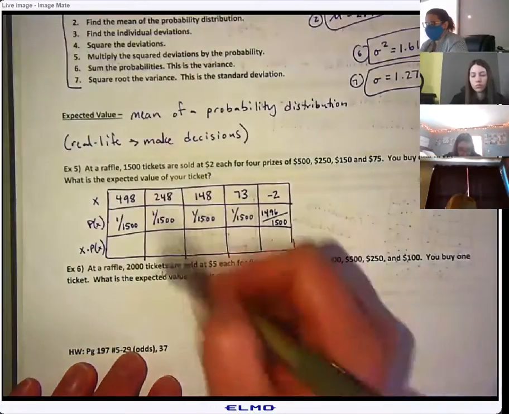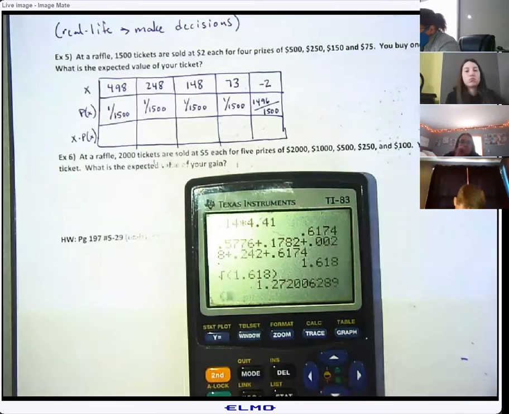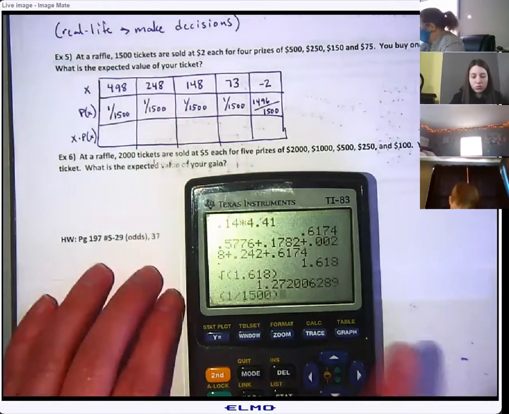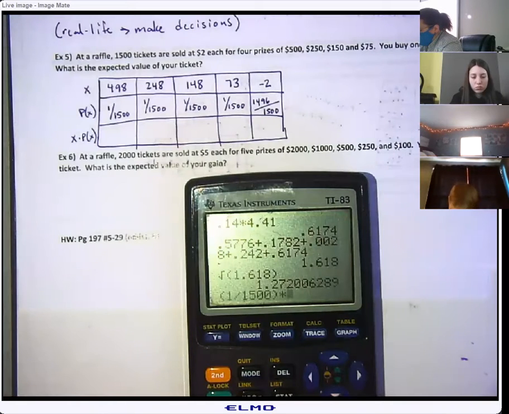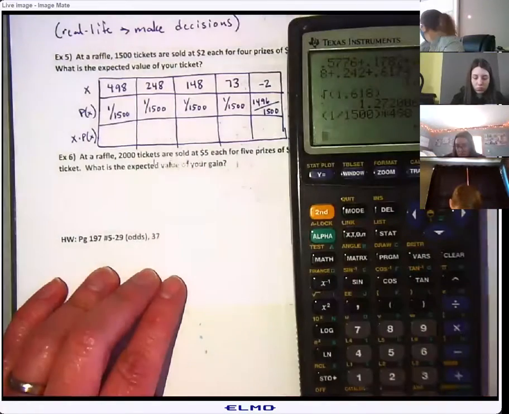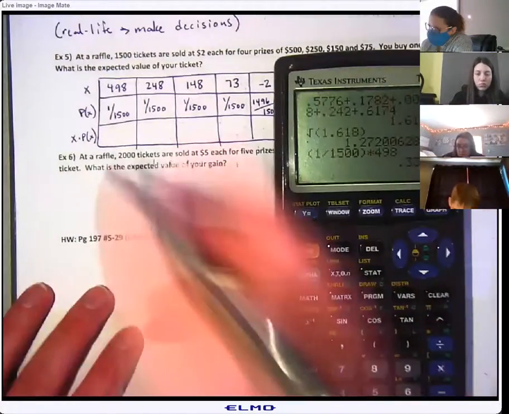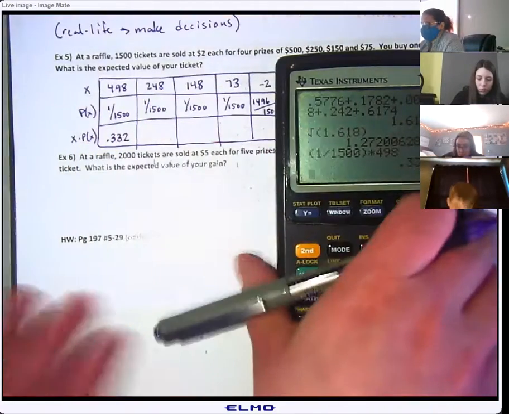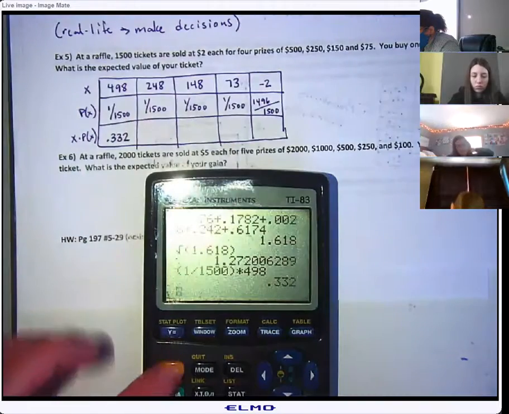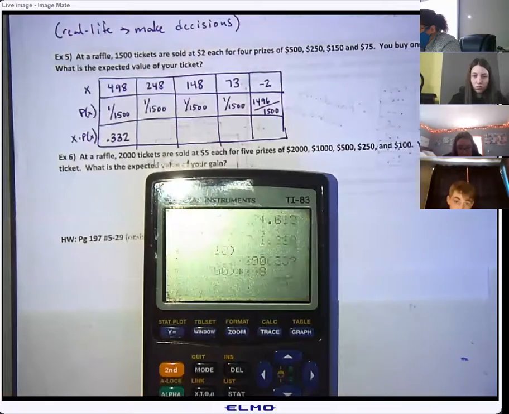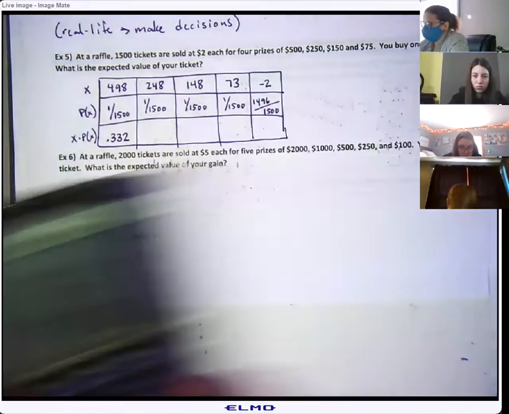All right, so now we're going to have to multiply these out. We're going to get some decimals. I know that this looks nasty, but here's how you're going to do it. On your calculator, you put in parentheses, 1 divided by 1,500, and then multiply that by 498, but make sure that 1 in 1,500 is in parentheses. I got 0.332. You guys get the same thing? So do the same thing to the rest. Remember, if you just hit second enter, it'll put back exactly what you had before, and you can just change that one number.